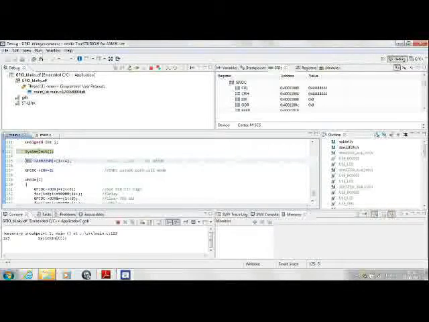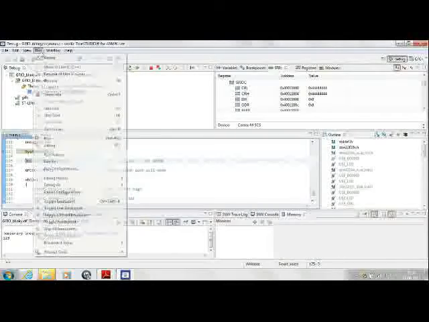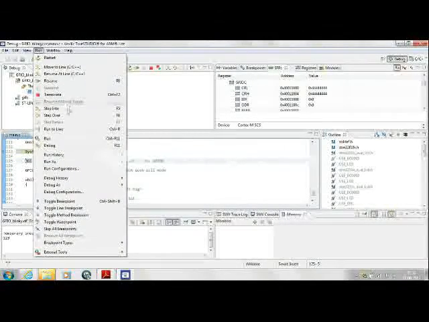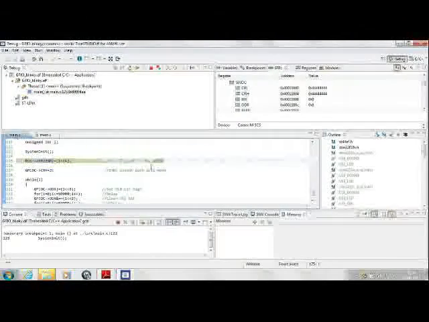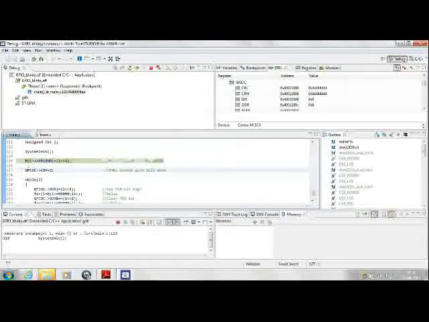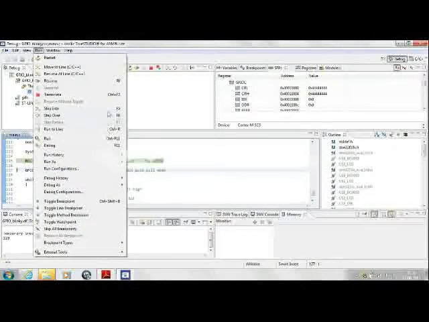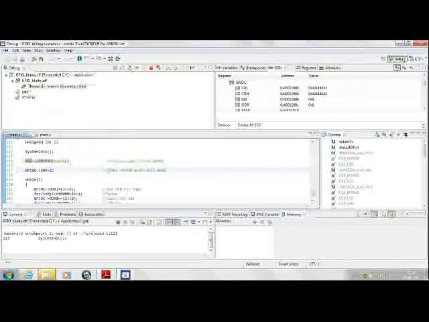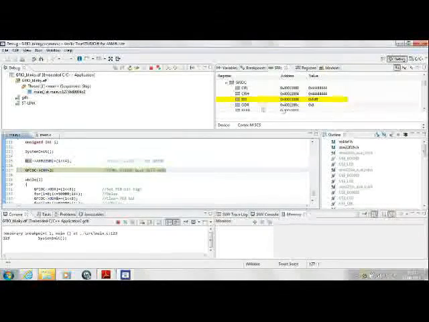So what I'm going to do is I'm going to click on this line. I don't want to execute system init in a debug mode, I want to just run through it. So I'll go to line, yes, even this I don't want to, so I'll just do step into. Now